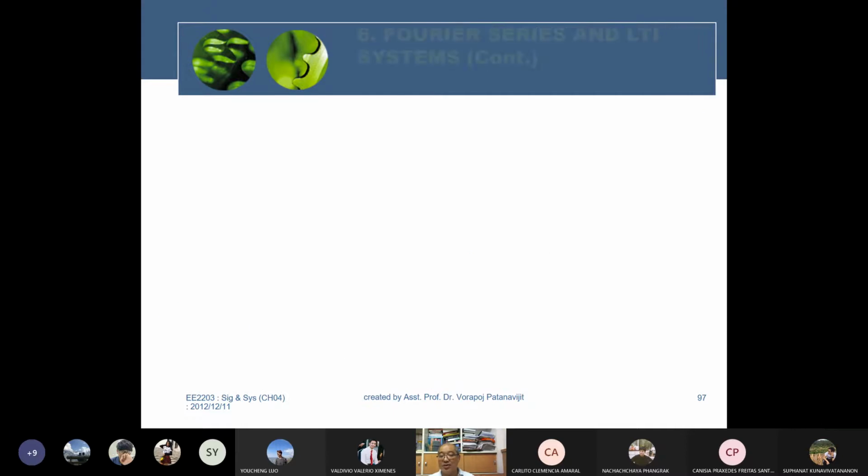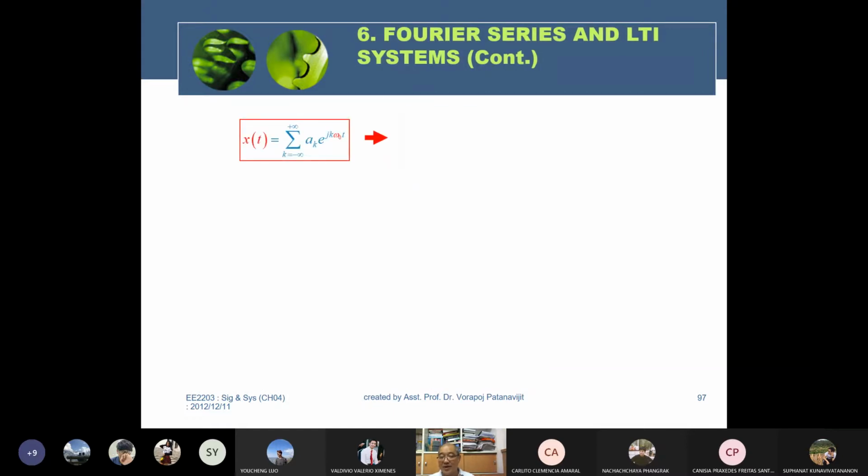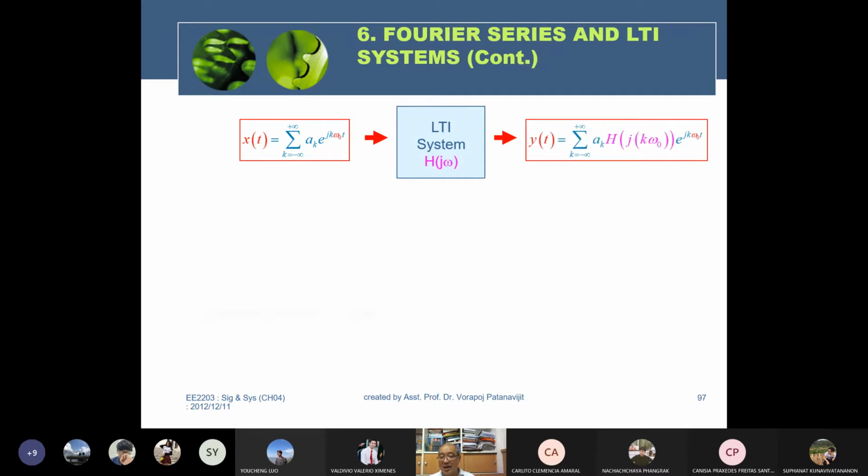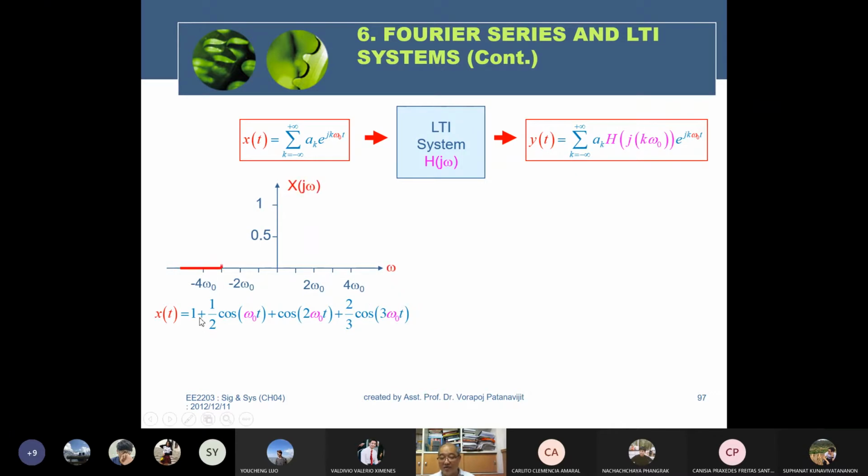Now, I will show you another example that we frequently find in real applications. If we have the input, you have the LTI system again. The system is comprised of about four frequency ranges. At the zero frequency,